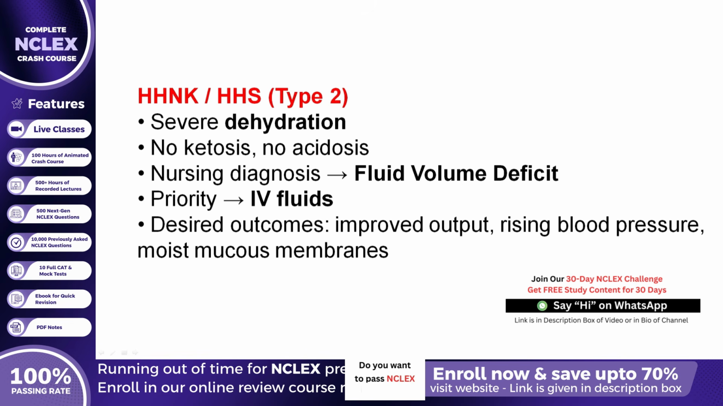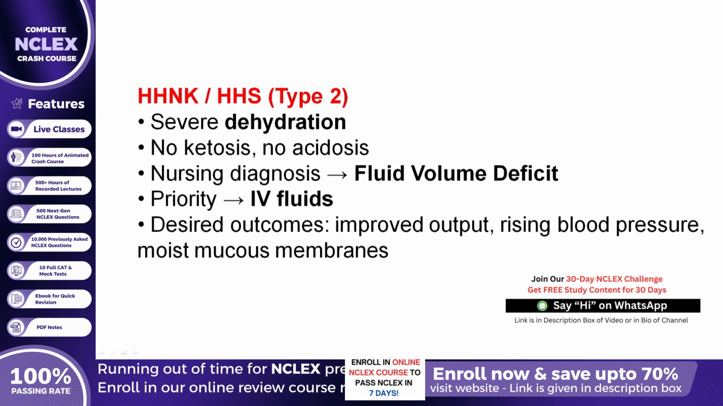As we begin with hyperosmolar hyperglycemic non-ketotic syndrome, or HHNK, commonly seen in type 2 diabetes, we need to remember that this condition is characterized by severe dehydration. While explaining this, it is important to note that there is no ketosis and no acidosis present in HHNK. Because of this profound dehydration, the nursing diagnosis we prioritize is fluid volume deficit. Therefore, the priority intervention becomes the administration of intravenous fluids. As treatment progresses, our desired outcomes include improved urinary output, rising blood pressure, and moist mucous membranes, all indicating that